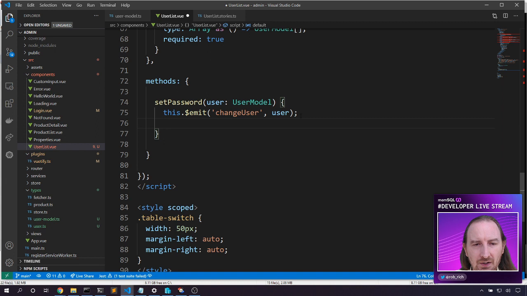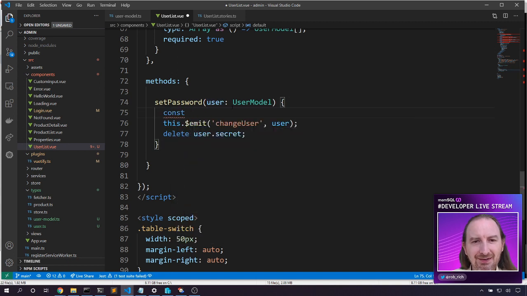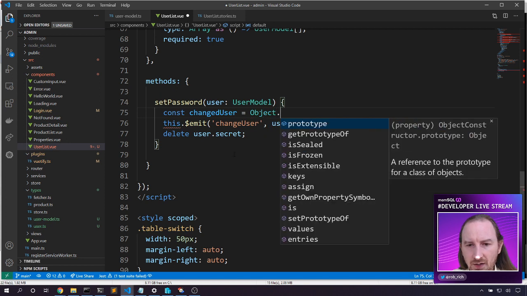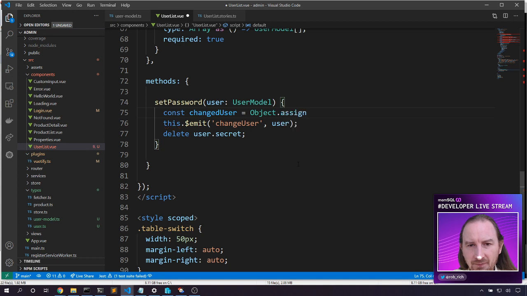So delete user.secret. Well, I'm not sure you're done yet. So let's say const copy user, const changed user equals object.assign,